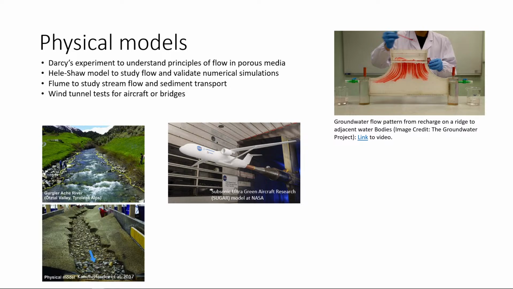Another type of physical model is wind tunnels, to test aircraft, bridges, vehicles, whatever. So we want to test drag force, for example, for this aircraft. In these wind tunnels, in the next two videos, actually, I will show you an example for one of these wind tunnels for testing. I think it's a bridge column, and you want to test the drag force on this column, and how could you scale from